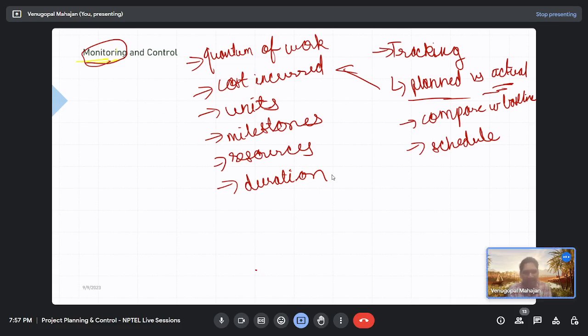Sir, can we plan a critical path and compare it with the current project? Can you elaborate? Sir, based on our planning, if we have to perform some activity, we plan that certain activities have to be critical because they are important. But while performing the work, maybe some activities get delayed, so we are not able to follow our critical path.